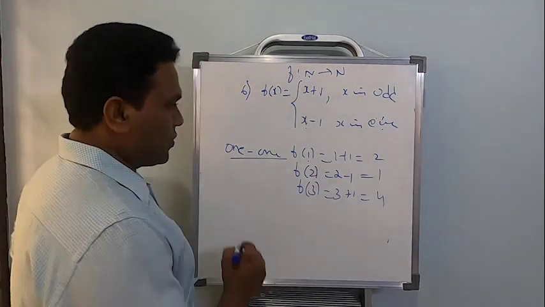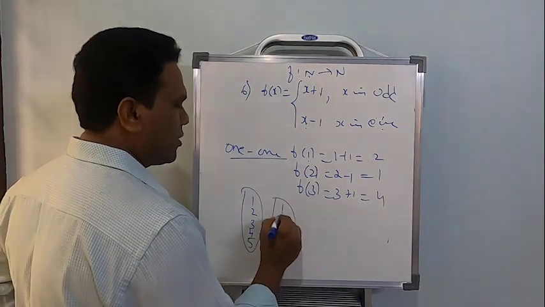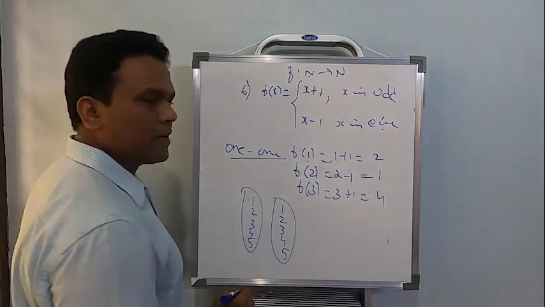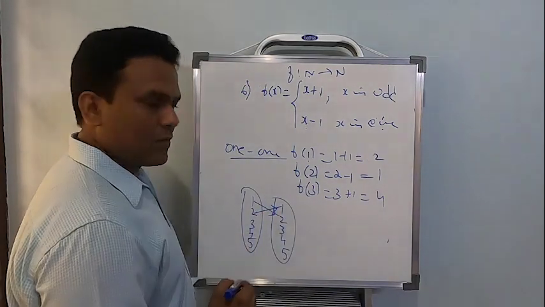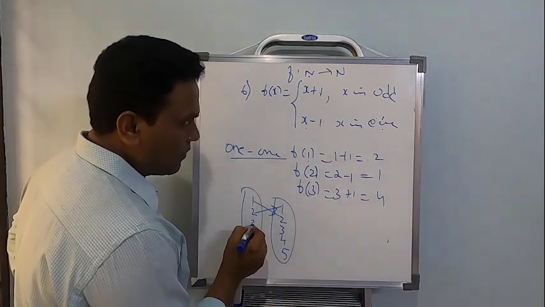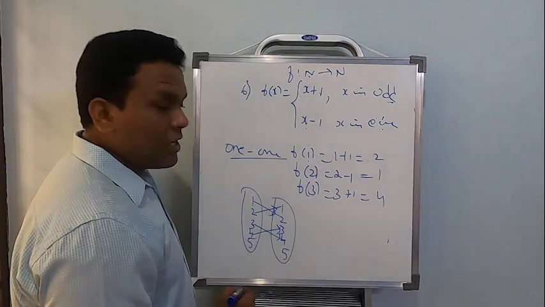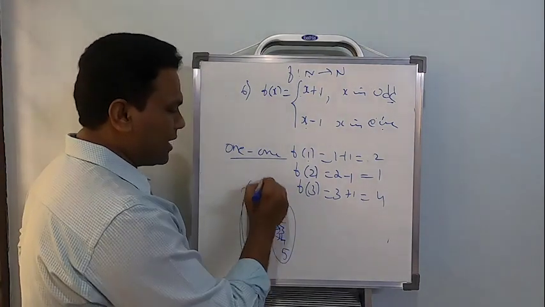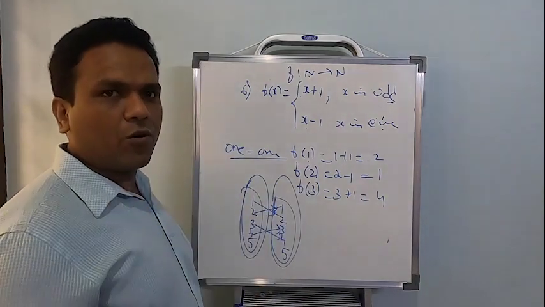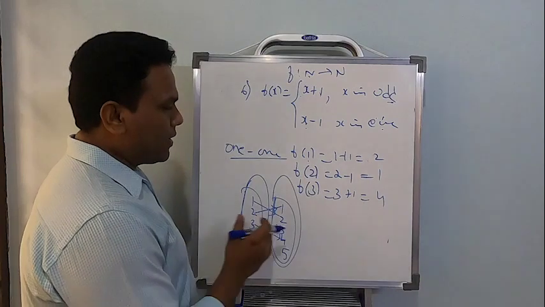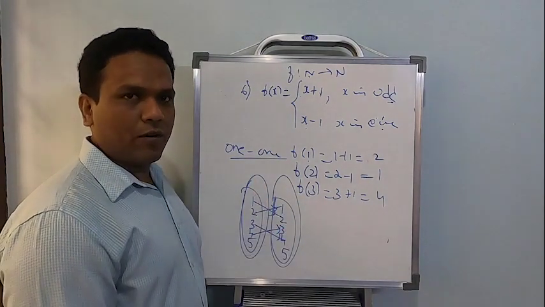Just notice here. So if I am writing the arrow diagram 1, 2, 3, 4, 5, and here also 1, 2, 3, 4, 5, right? So what's the image of 1? 2. And what's the image of 2? 3? No, the image of 2 is 1. Image of 3, what will the image of 3 be? It's an odd number, so it should be 4. Image of 4 will be 3. So like this, what's happening? Different elements of domain have different images in codomain. One statement you have to make: different elements of domain got different images in codomain. Hence, f is going to be 1-1.